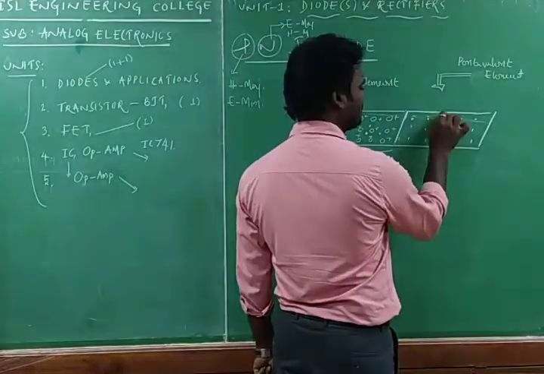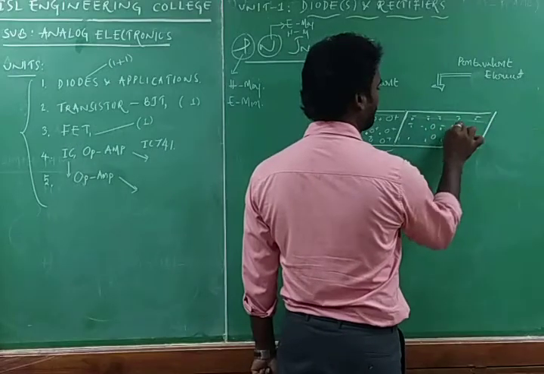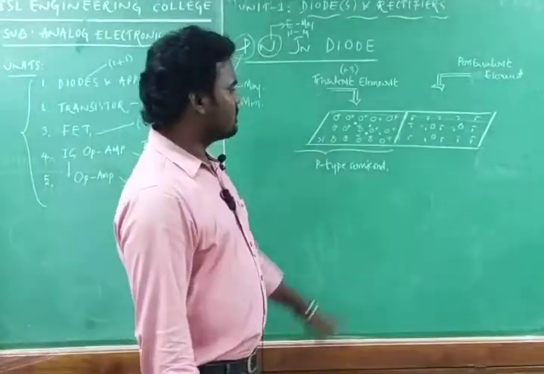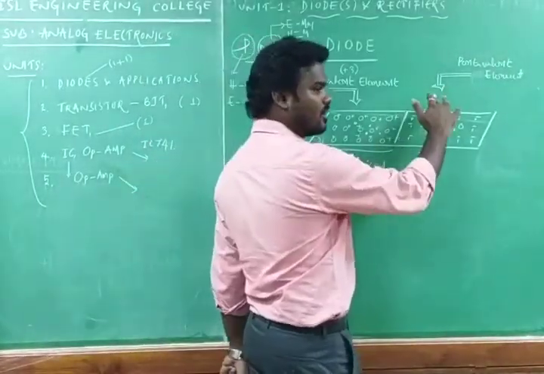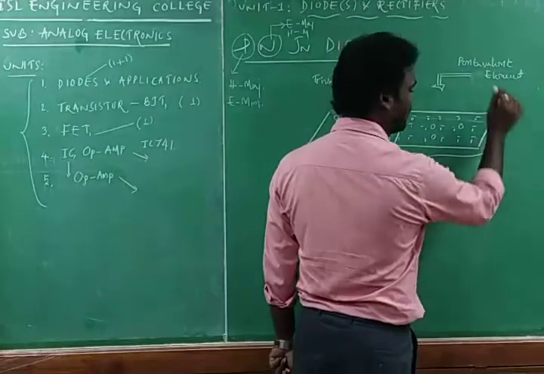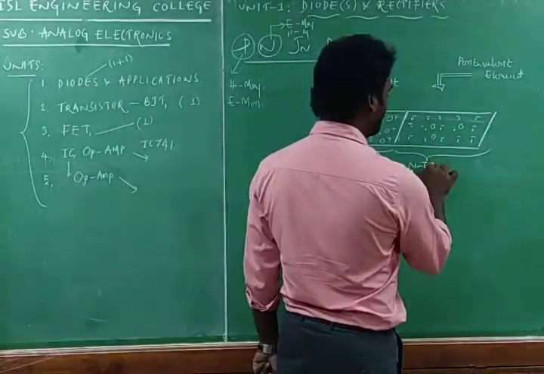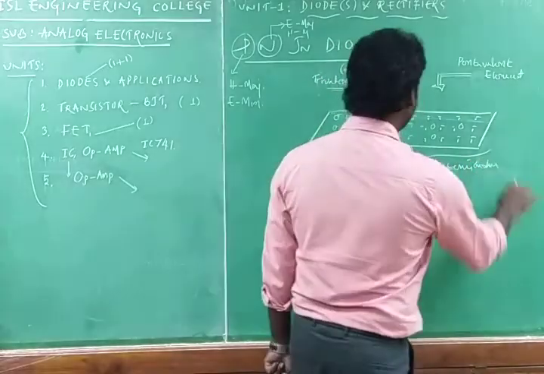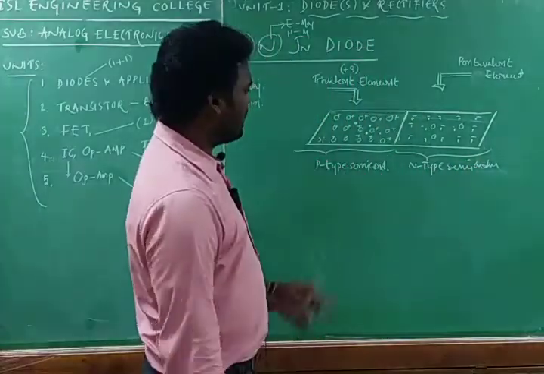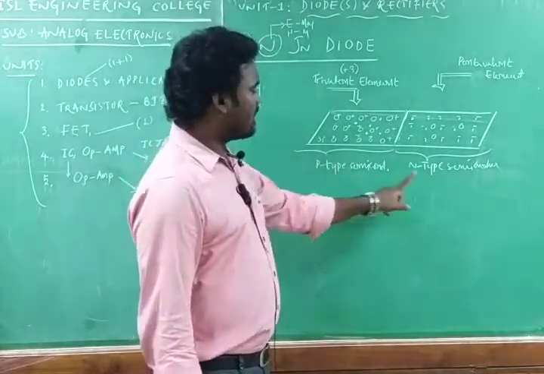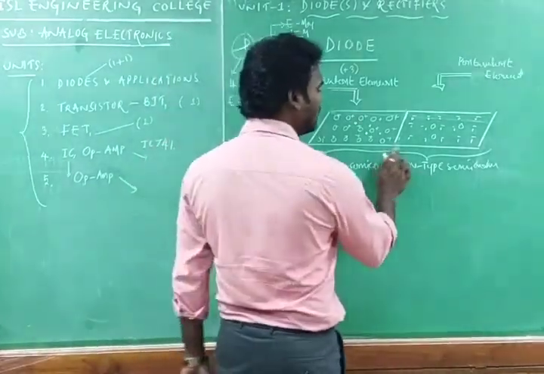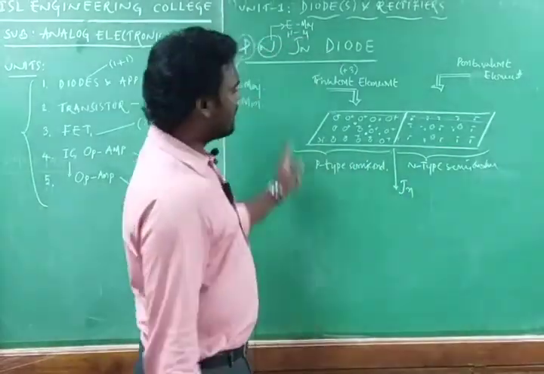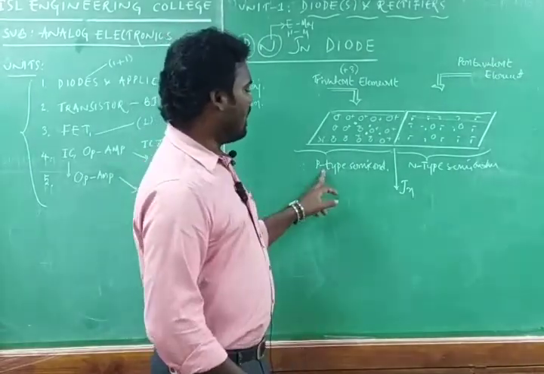This is minus. What is the charge of an electron? The charge of an electron is negative. So here electrons are more than the holes, so it offers more negative charge, so it is an n-type semiconductor. Now we have the two semiconductors, p-type semiconductor and n-type semiconductor. In between we have a junction, so this complete arrangement is called a p-n junction.